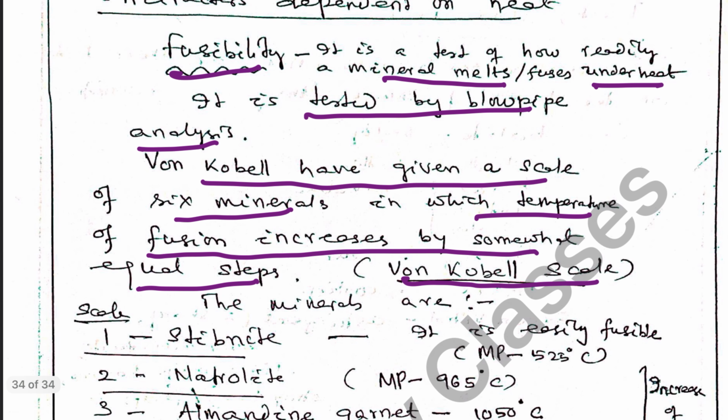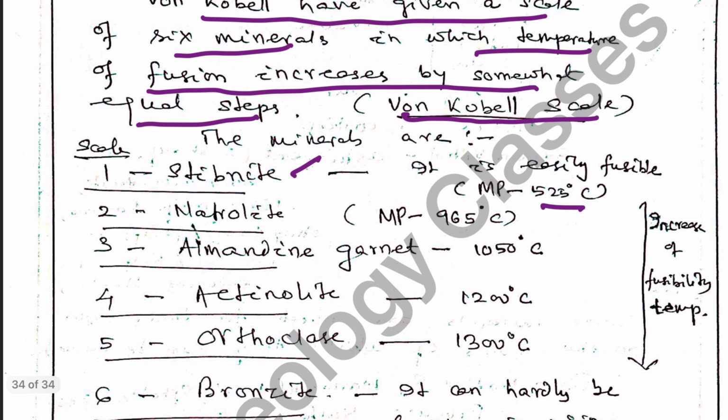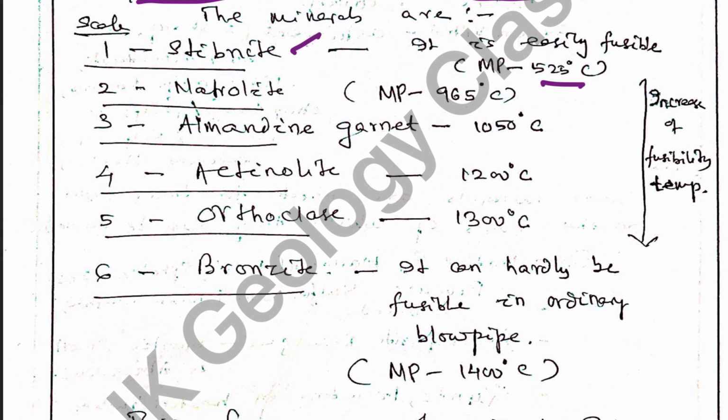The minerals are stibnite, which easily becomes fusible having melting point 525 degree centigrade. As you go down, stibnite fusibility scale 1, followed by natrolite scale 2, almandine garnet scale 3, actinolite scale 4, orthoclase scale 5 and bronzite scale 6, and gradually the temperature increases. In case of stibnite, the melting temperature is 525 degrees centigrade. In case of natrolite, it is 965 degrees centigrade. In case of almandine, it is